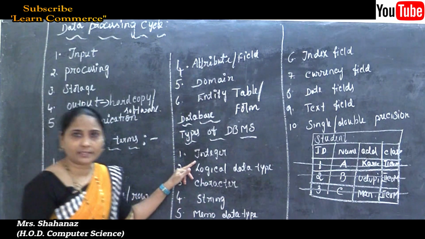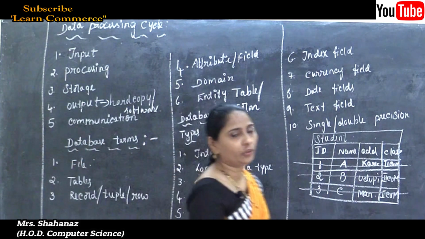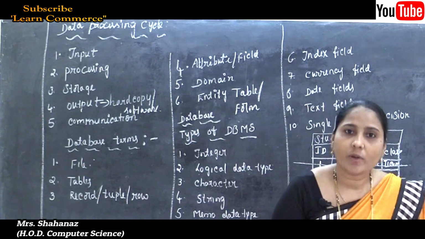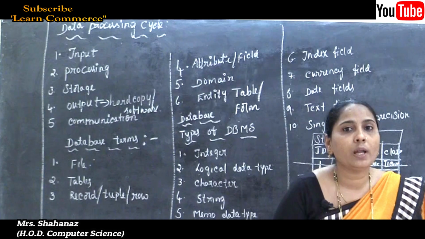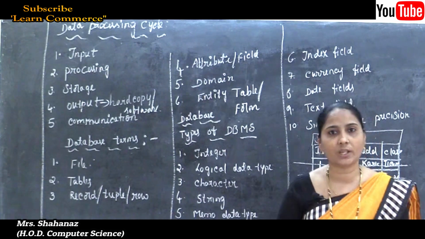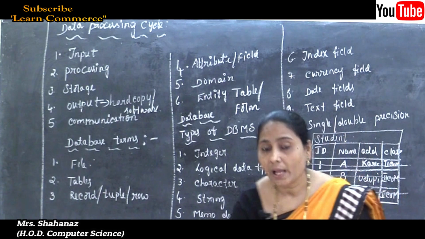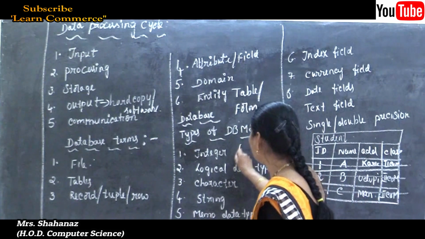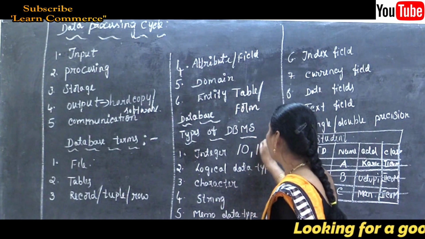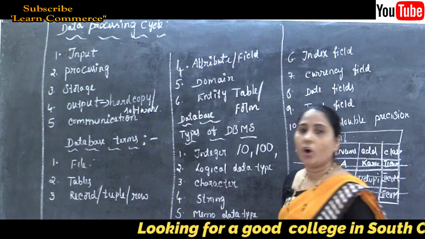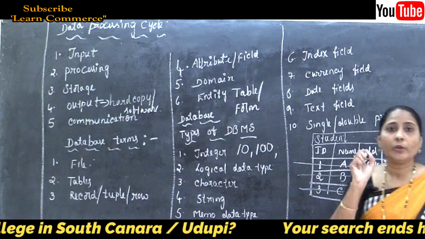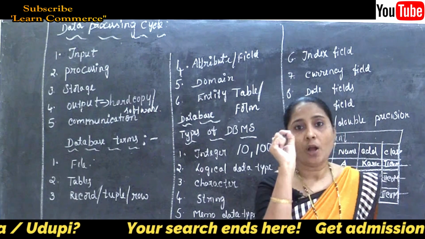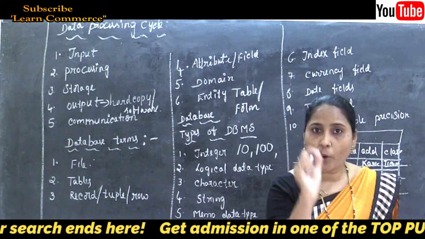Clear this point here? Integer, you know the meaning of the integer. What's the meaning of integer? The integer means a whole number without any fractional part. When you are going to enter any data, that means the data is 10, the data is 100, or the data is 2000. That means we are not going to use any point or fraction. No point in this case here.